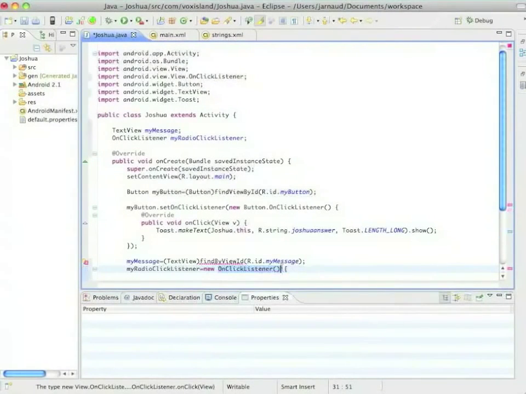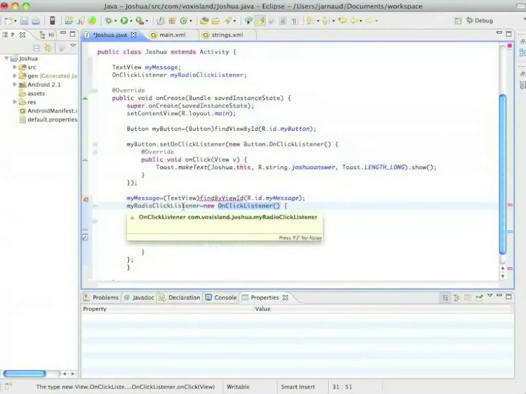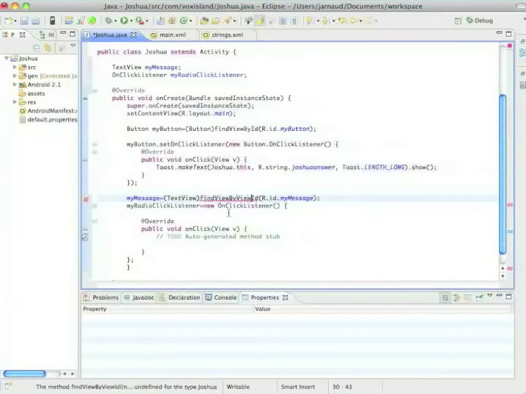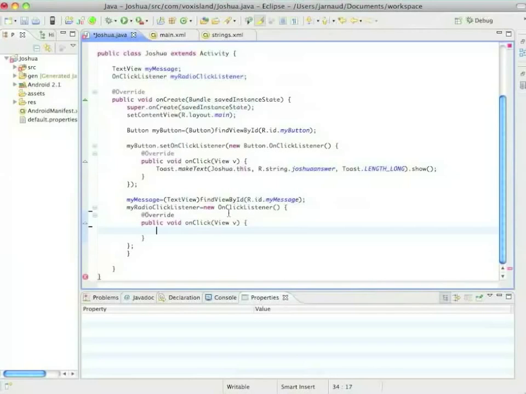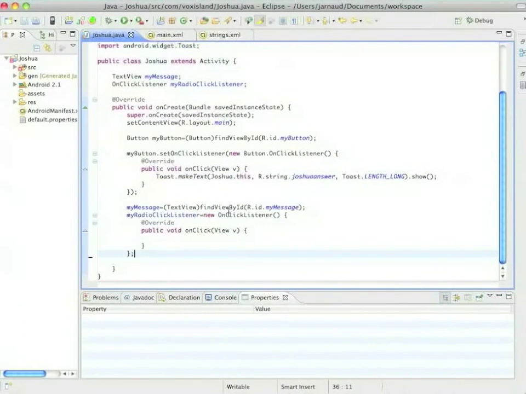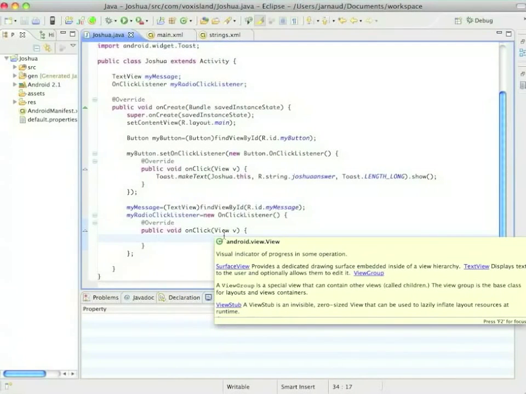So my radio click listener equals new OnClickListener, and I'm going to ask the import of the class, and the unimplemented methods, of course. And perfect. And there's something wrong here. It's not find. Yeah, okay, it's findViewById. I mistyped that. So the unimplemented method is onClick,